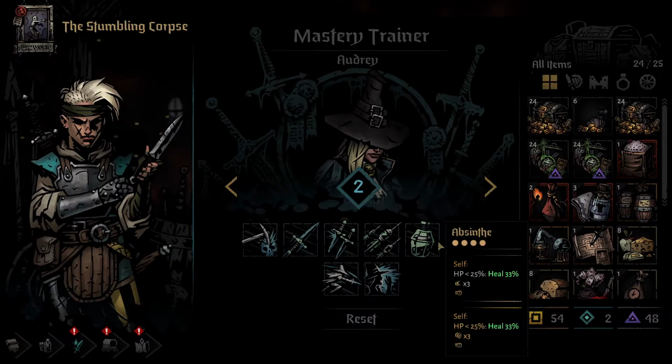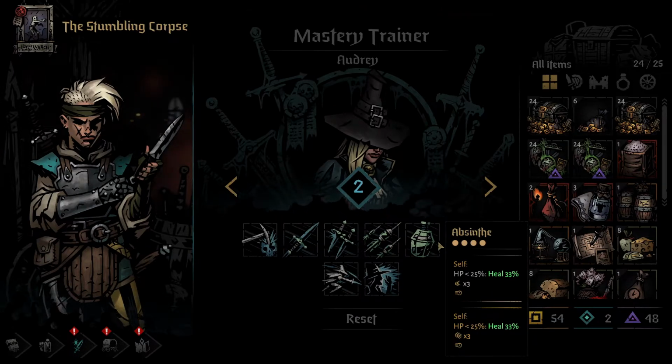Absinthe is fantastic. You heal if you're under 1/4 of HP. You heal. You gain dodge. If you upgrade it, you get ultra dodge, which is 75%, and you get speed. So you can kind of do this. I've actually done it where if you're like 1v1ing a monster, the Grave Robber has 2v1'd some monsters before,